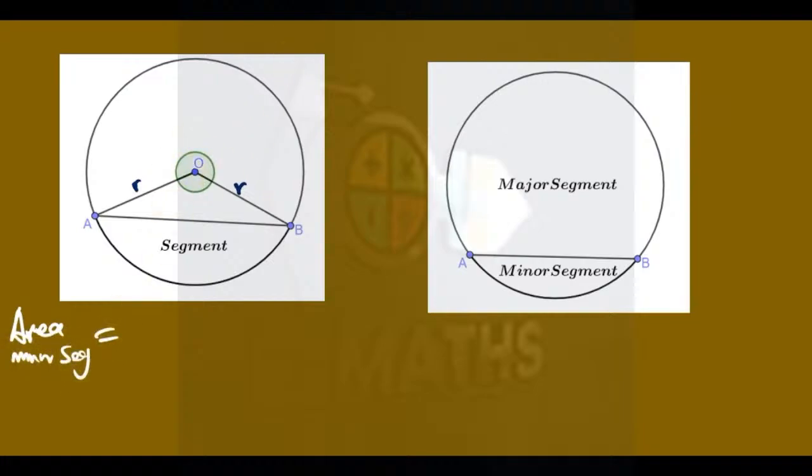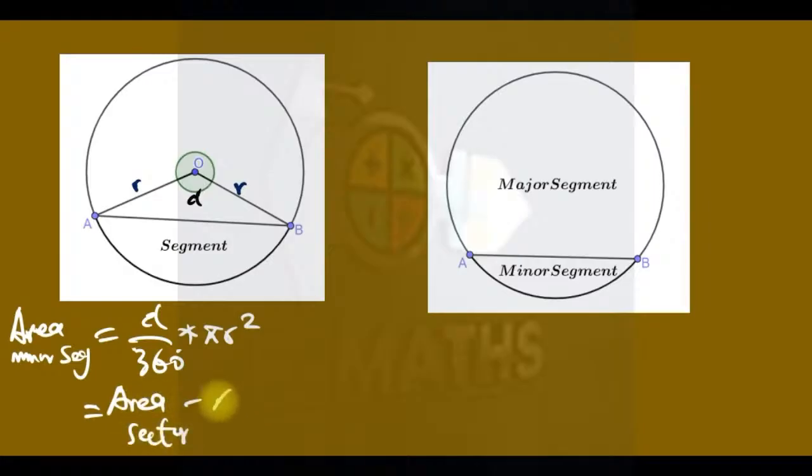is, okay, assuming I have the angle here to be maybe alpha. So alpha over what? 360 times pi r squared. This is the area of a sector. I told you that to get the area of a segment is the area of a sector minus the area of the triangle AOB. So that's what I'm doing, minus the area of this triangle, which is, remember, side angle side, so it's half